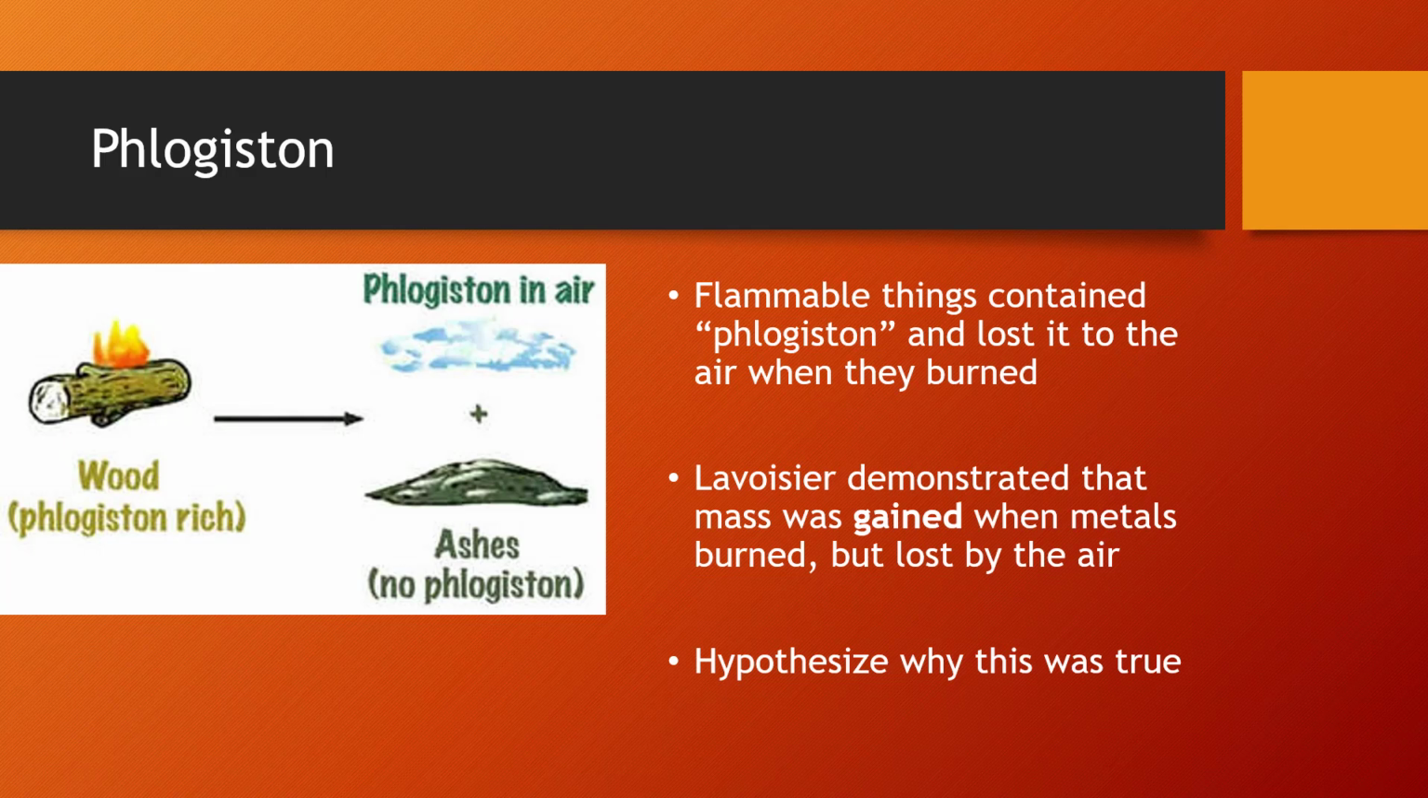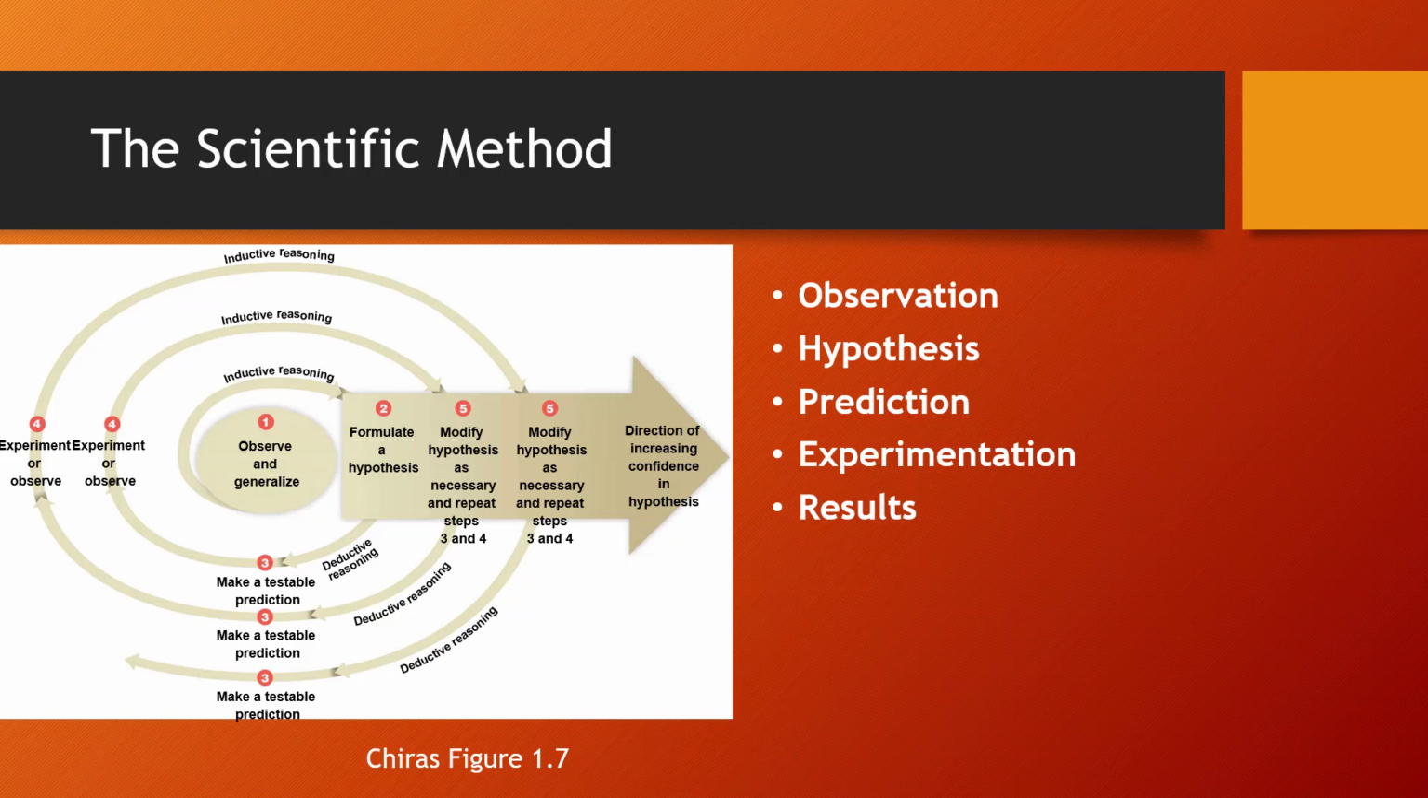What happens is magnesium will react with oxygen to make magnesium oxide. So the ashes that come out of magnesium burning are going to actually weigh more than the magnesium that was started with. The scientific method is what we use to make observations, hypothesize, make a prediction, run an experiment, and